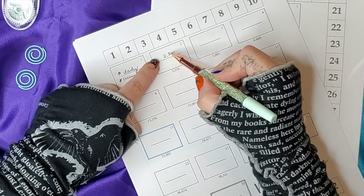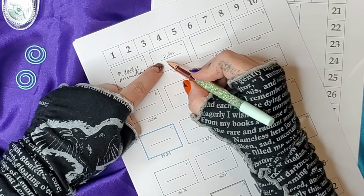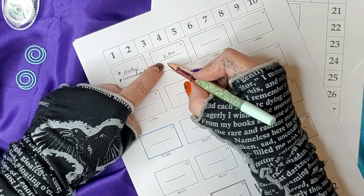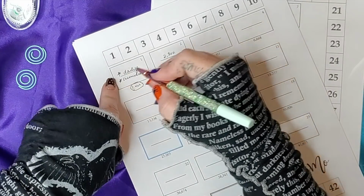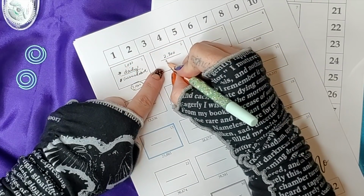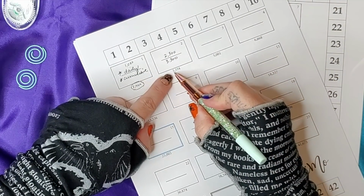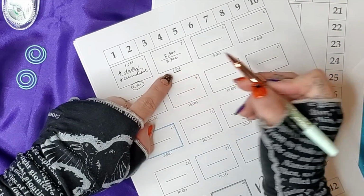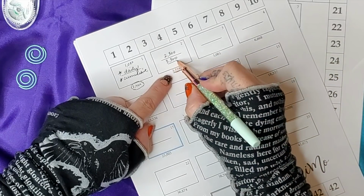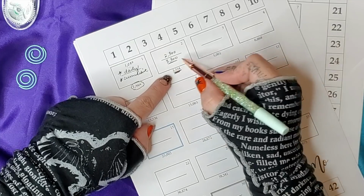So I would write my actual word count target for the day on the top, and then my total word count target for the month so far, so my cumulative total. So let's say I wrote only 1,000 words on day 1, so now my total manuscript is at 3,300 words. Then I can look at this number down here and I can see if I'm ahead or behind on my target, because this bottom number and this number below should be the same, or you should be ahead to be